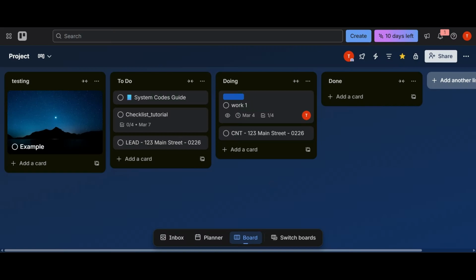Hey guys, in this video, I'll show you how to create a simple system code setup in Trello with no power-ups, no automation, and no complicated integrations. Just a clean manual system that keeps your board organized and professional. If you manage deals, clients, projects, or properties inside Trello, this is going to make your workflow much clearer and